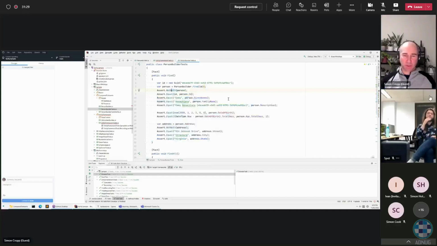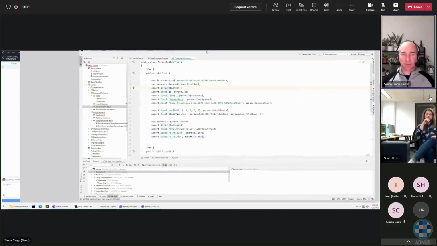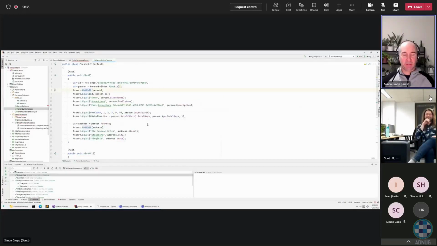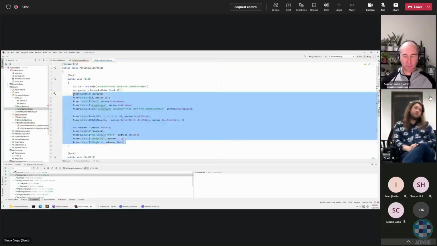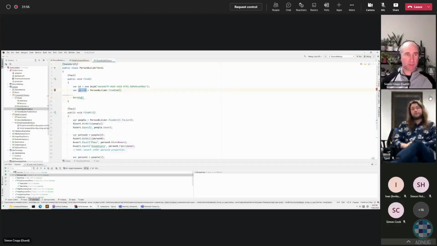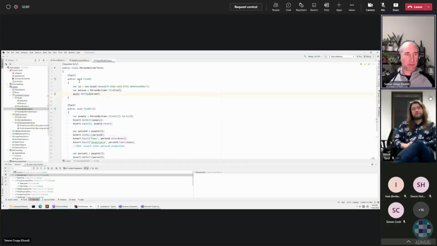Now, this is often quite fragile. I'm sure people have had fun with this kind of stuff before where you change one thing and a test fails, or you add a new property and it doesn't actually get asserted unless you go and update all the tests. So I'm just going to quickly convert this to a snapshot test. Okay. And that's it. So now when we run this,